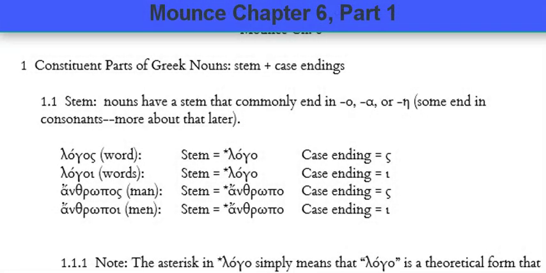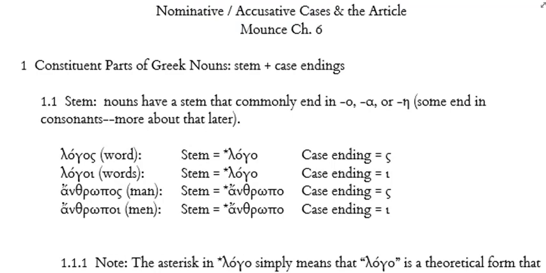Let's start Mounce chapter 6 by looking at the handout here. This chapter is about the article, which is the way to say "the" in Greek, and the first two cases, which are the nominative and the accusative cases in the Greek language. There are basically four main cases, so you tackle two now, you tackle the other two in the 7th chapter,